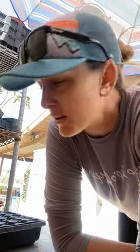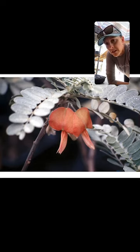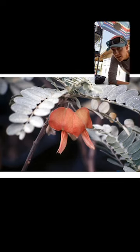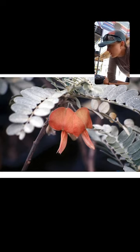So the next plant that I want to talk about, if nobody's got questions about a'ali'i, the next one I want to talk about is ojai. This is another really amazing plant. It has such a unique flower to it. Those petals are arranged in a way that's called a collar and a keel. So the keel protects the reproductive parts of the plant. Both of these species, the a'ali'i and the ojai,